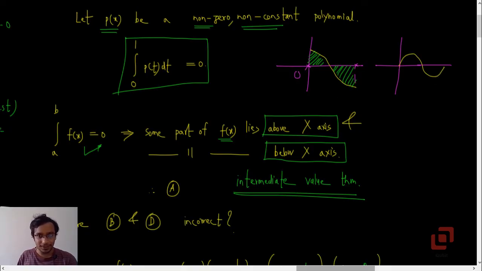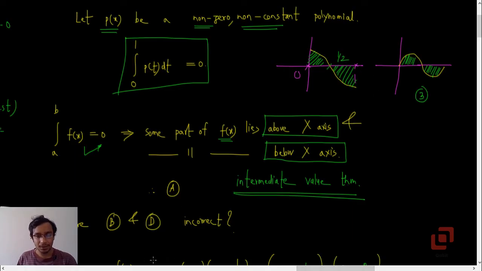Well, it's looking like sin x, but it's not sin x because remember we are studying polynomials. Okay, so even this particular curve satisfies the integral equation. Positive area, negative area, correct. So here how many roots do we have? 3 roots: 0, 1 by 2 and 1, and here we have only one root, that is 1 upon 2.